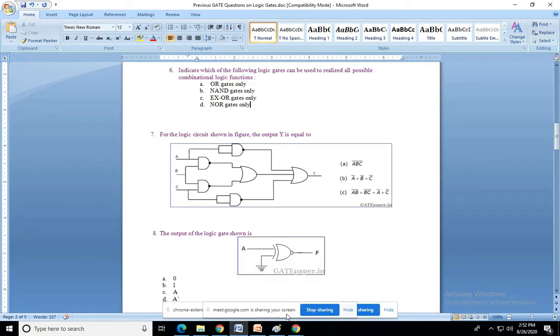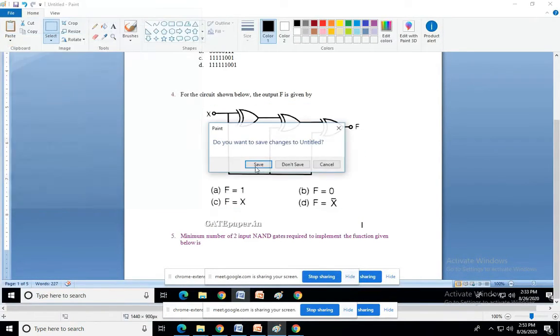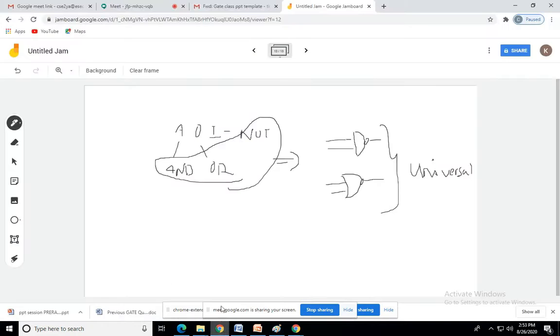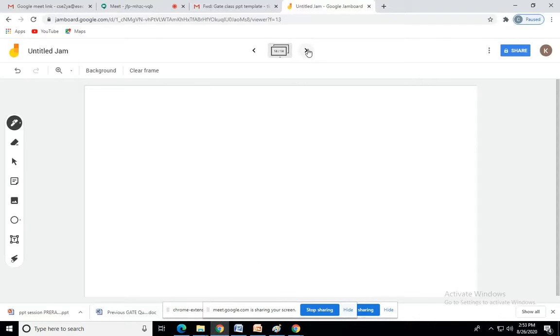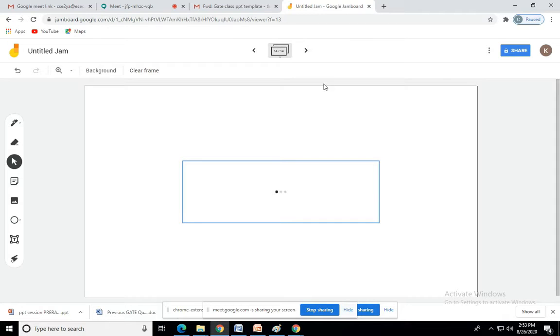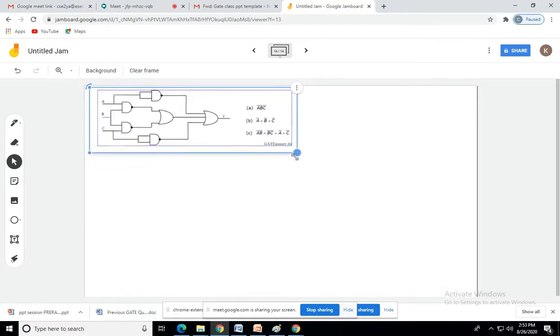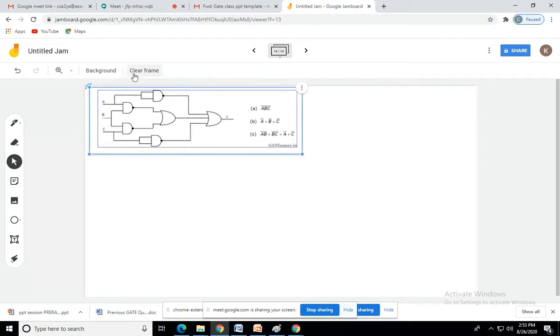So we have to capture this in Paint. So we got here, this is the circuit. We drag this circuit to the Jamboard. So we will find the expression for this. Here we are having three inputs A, B, C and one output, that is Y, and the gates used here are